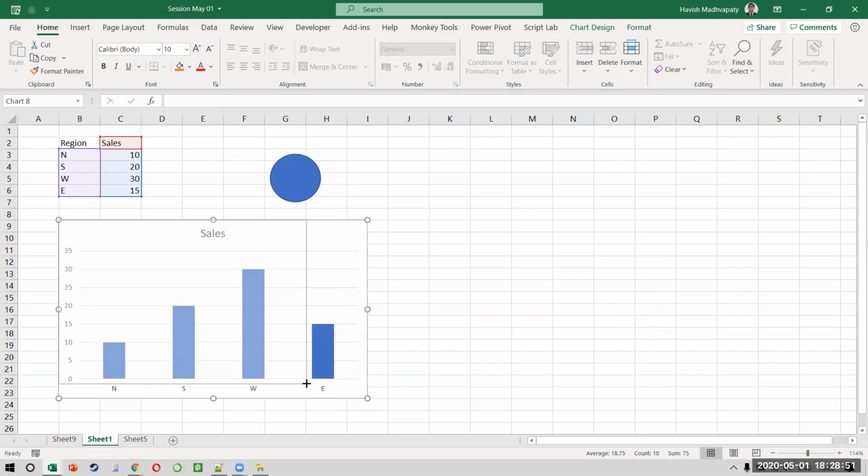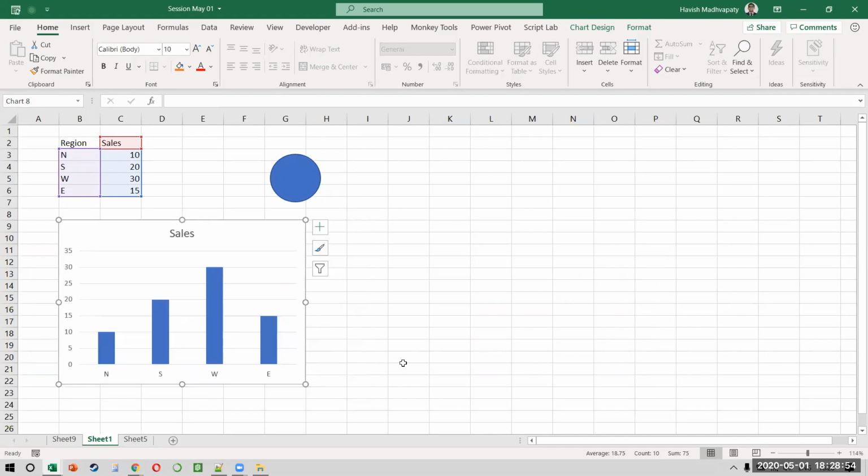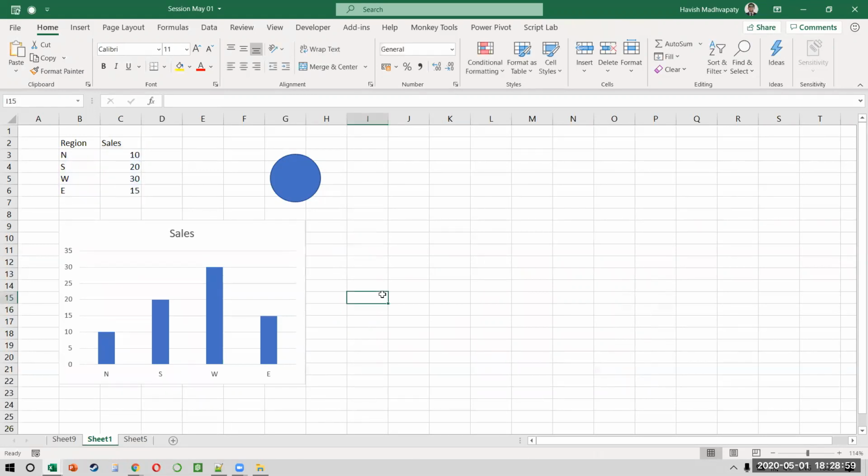Avish, I have a small question before you proceed. Can I ask the same? So we are discussing how to make a macro of the chart. Say for example, I have data and I have made a macro of one chart, and I want to emulate that same macro on other data of mine. Here you have shown, say, 4 rows of data. Now I have a macro prepared for 10 rows of data, and I want to replicate the same chart for 20 or 30 rows of data. So I'll have to go back to that code and edit all the fields.